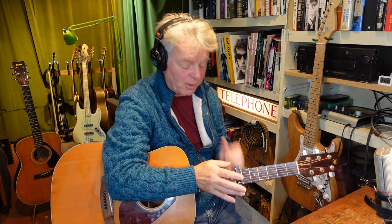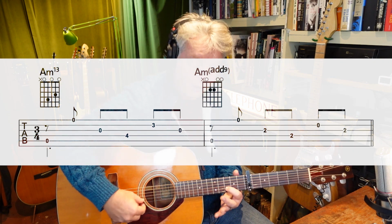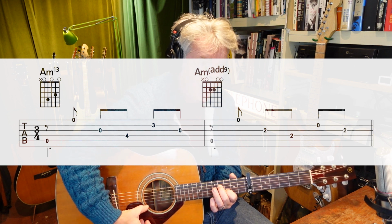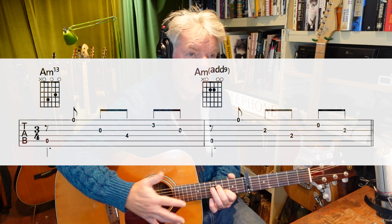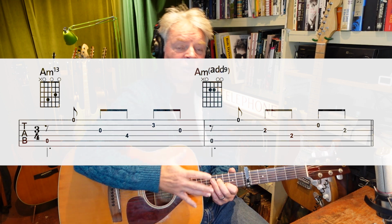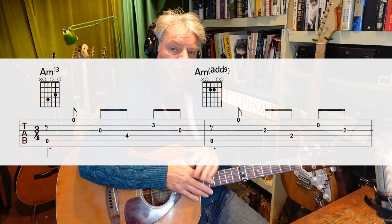through it for yourself. But the arrangement revolves around this chord here, really, which is 1st finger on the 3rd fret of the 2nd string, 2nd finger on the 4th fret of the 4th string. I'm calling this A minor 13. You'll see this written as D add 9 add 4 over A and all sorts of things. But it's this chord. This chord comes from Martin Carthy's arrangement of Scarborough Fair, which he showed to Paul Simon